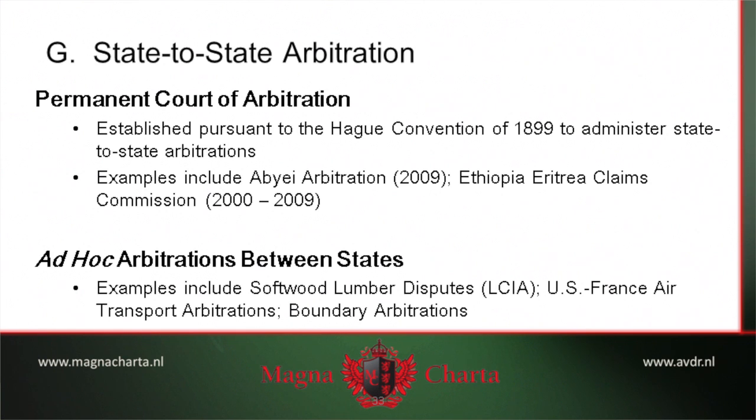Arbitration is frequently preferred by states for many of the same reasons that commercial arbitration is preferred by businesses. More expert, more subject to the parties' procedural and other autonomy, more likely to be recognized, more likely to be subject to rules of confidentiality if that's what the states wish to agree. Here in the Netherlands, very important, the Permanent Court of Arbitration in The Hague, established pursuant to the Hague Convention of 1899 and subsequently amended, has administered a number of very important state-to-state arbitrations.